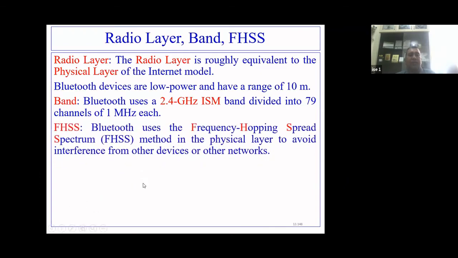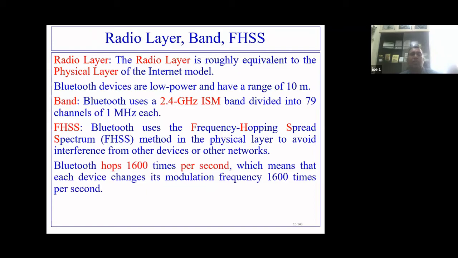Then Bluetooth uses frequency hopping spread spectrum, which is called the FHSS method, in the physical layer to avoid interference from other devices or other networks.